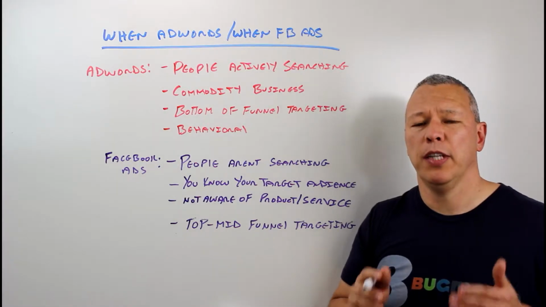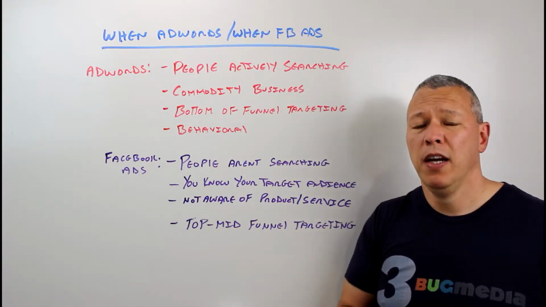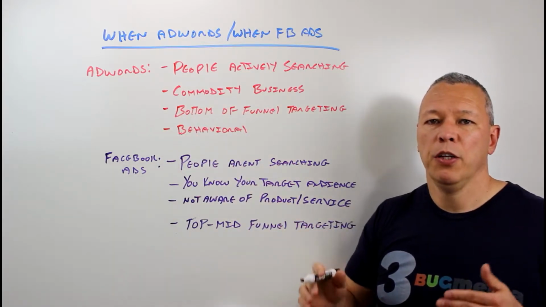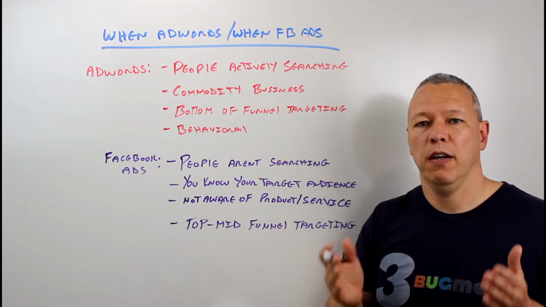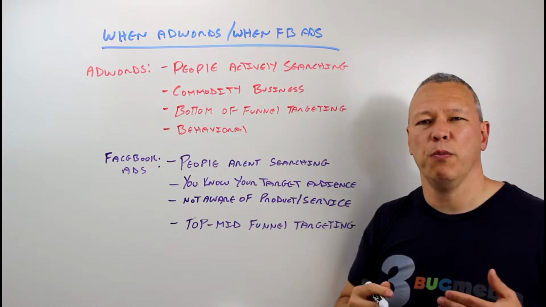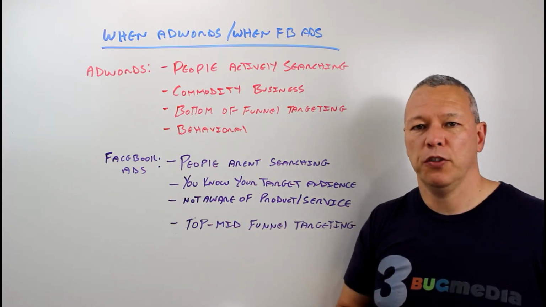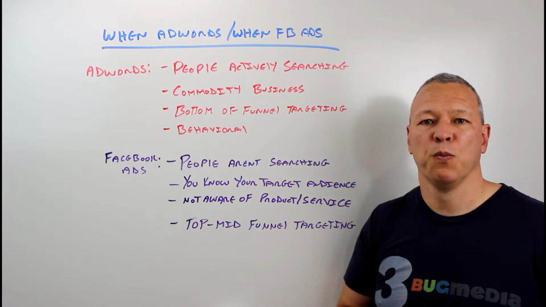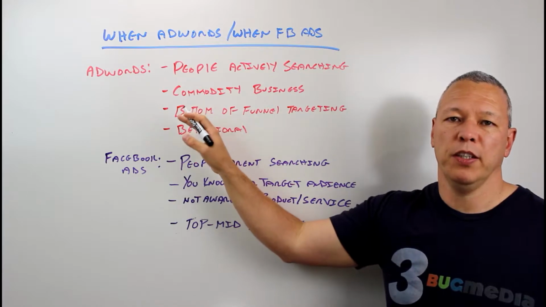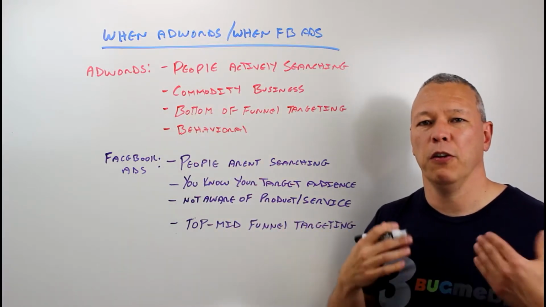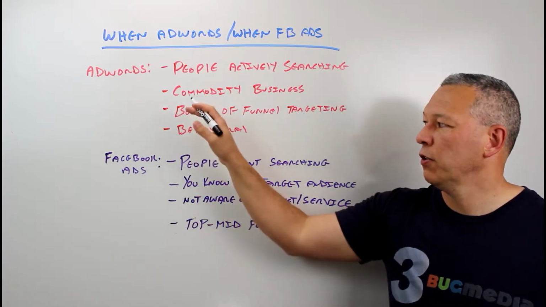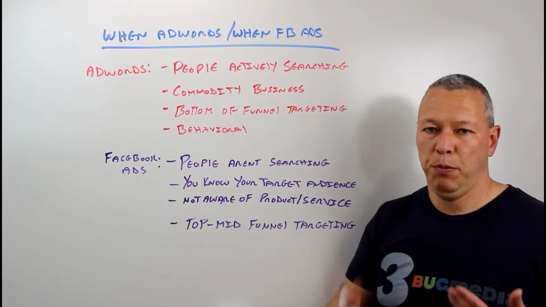Bottom of the funnel targeting. This is why Google AdWords tends to be a little more expensive than Facebook ads, not because they just charge more, but because most of the time, if you do your keyword targeting right, you're targeting people towards the end of the sales and marketing funnel. They're getting ready to make a purchase decision. Think about searches like general contractors near me, basement contractors, dentists near me, things like that. That means they're actually looking for a provider at this point. They've done a lot of the initial research and now they're looking to see who they actually want to hire for that type of business. So you're targeting bottom of the funnel type people, okay?